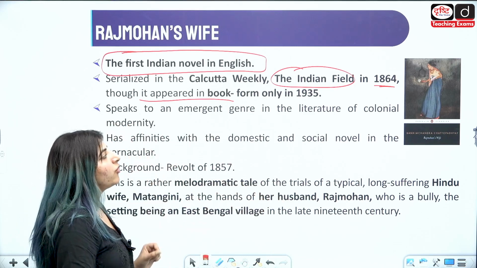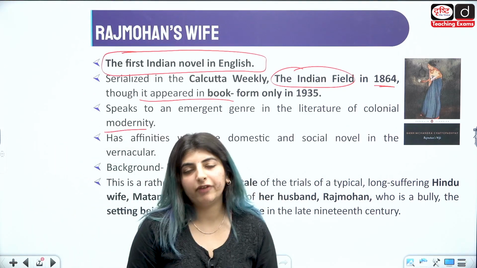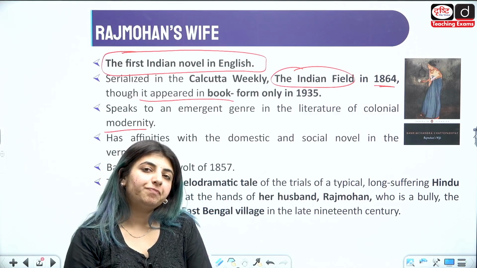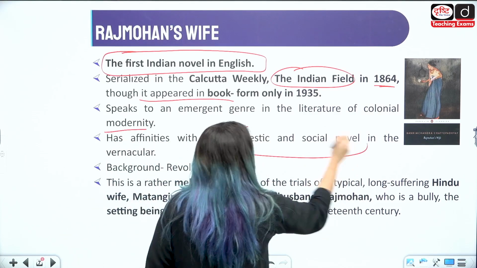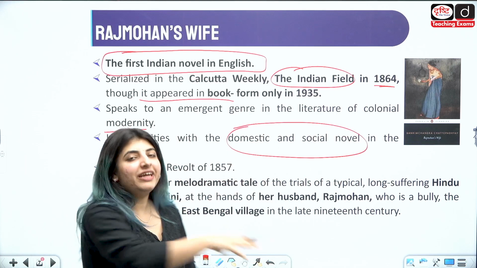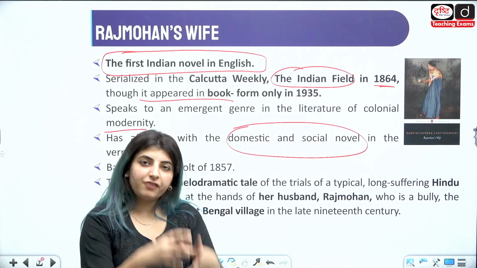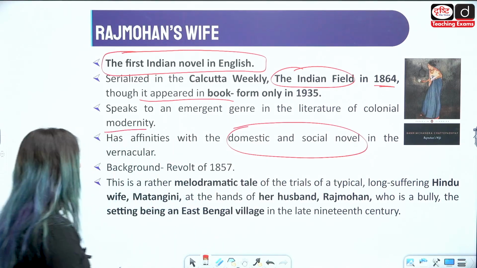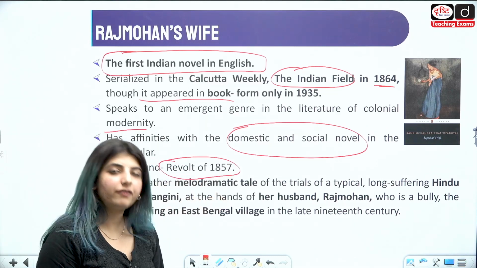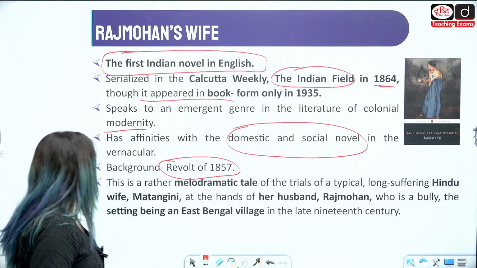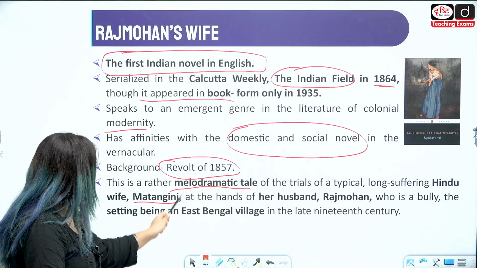It speaks to an emergent genre in the literature of colonial modernity. In this particular work, we see that, of course, the writer is moving forward, and we see the domestic and social novel rising, for which he had taken inspiration from the European model, because वो लोग domestic spheres को, spaces को बहुत अच्छे तरीके से दिखा रहे थे. The background of the work is the revolt of 1857, which is considered the first war of independence का time जो इंडिया में था, right? It's a melodramatic tale of the trials of a typical long-suffering Hindu wife,